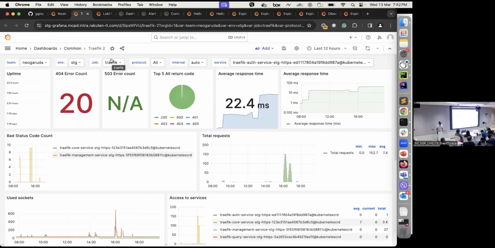Loki is doing. Basically, the logs are compressed. Suppose if I have only the log, I compress it to